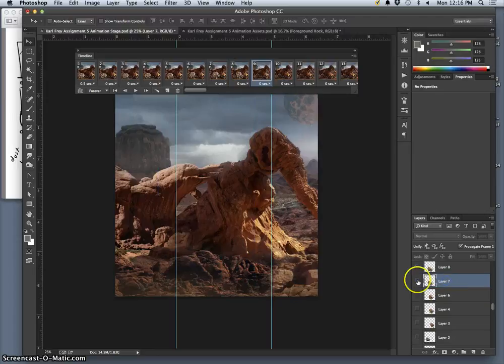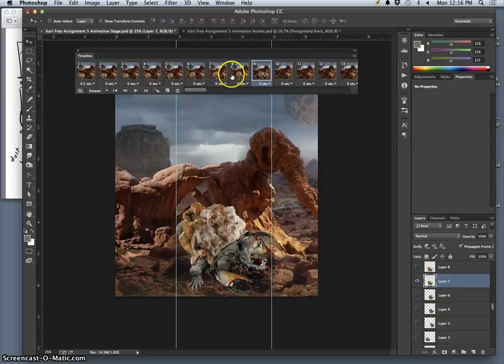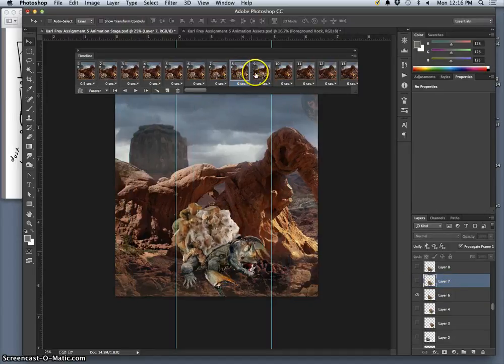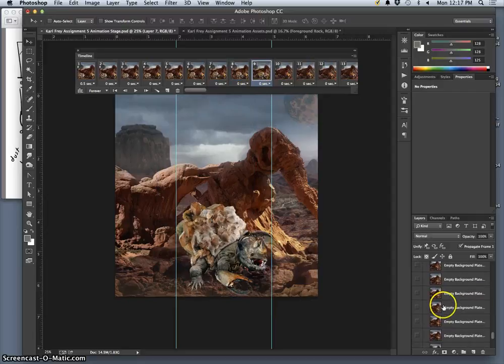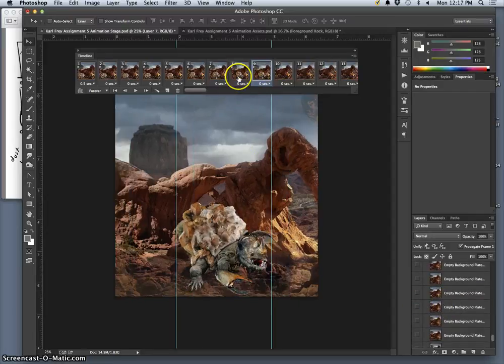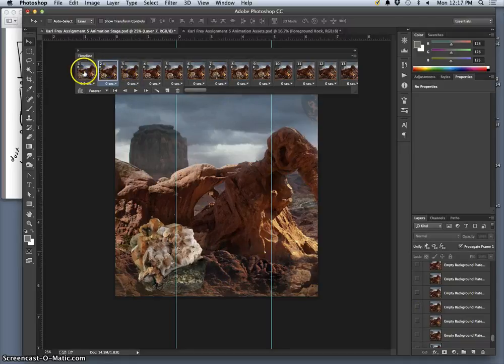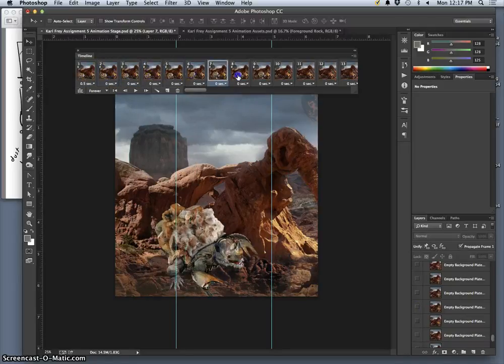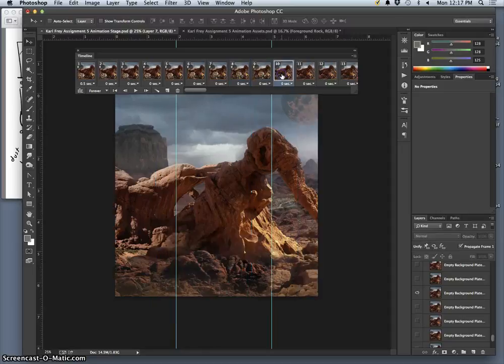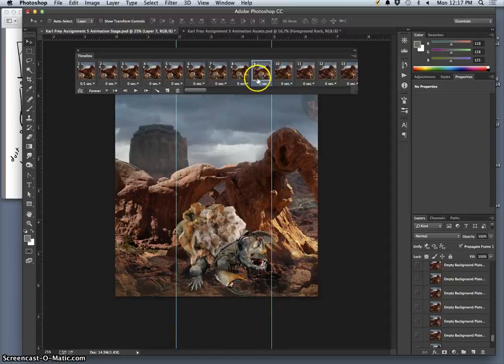One more. Good. And the benefit of just doing it by programming your frames like this